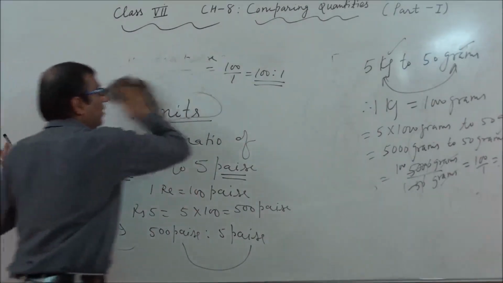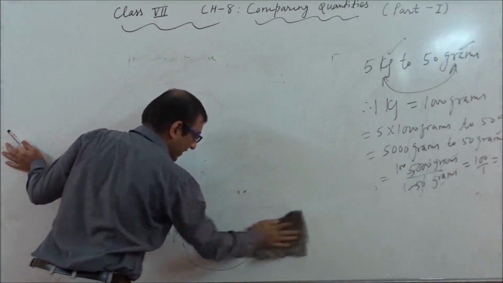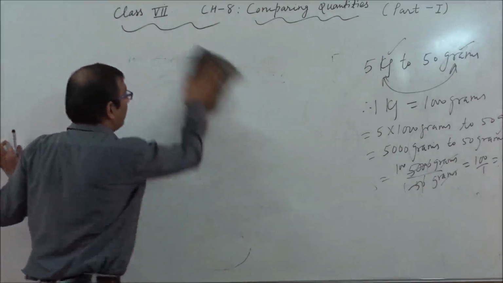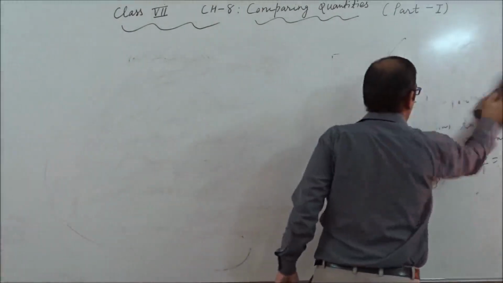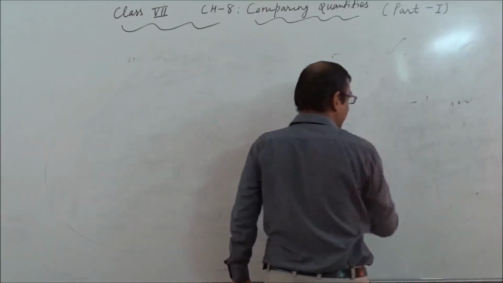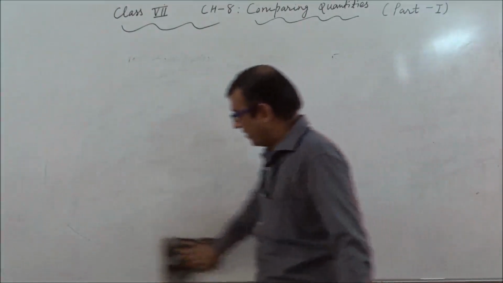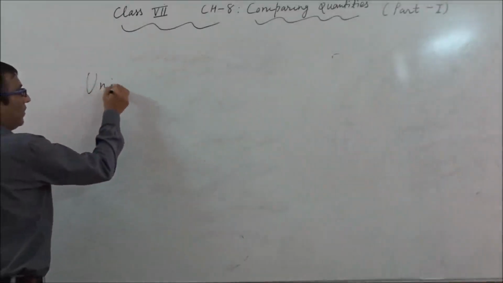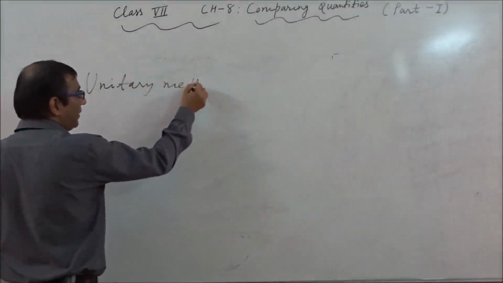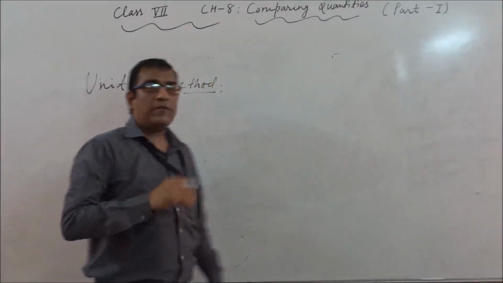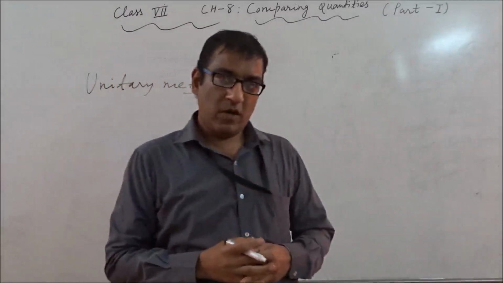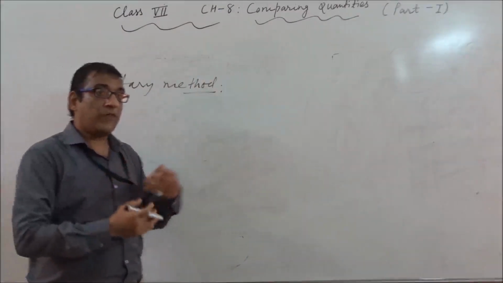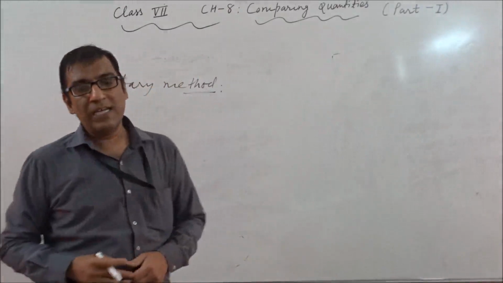now we will come to the next concept, which is related to the unitary method. That is a very, very important method, and this method was in 6th class. So again I am recalling this concept, the unitary method. When will we apply the unitary method? If the cost of 1 unit is given to us, or if we calculate the cost of 1 unit and we want the cost of the required number of units, then we will go with the unitary method.